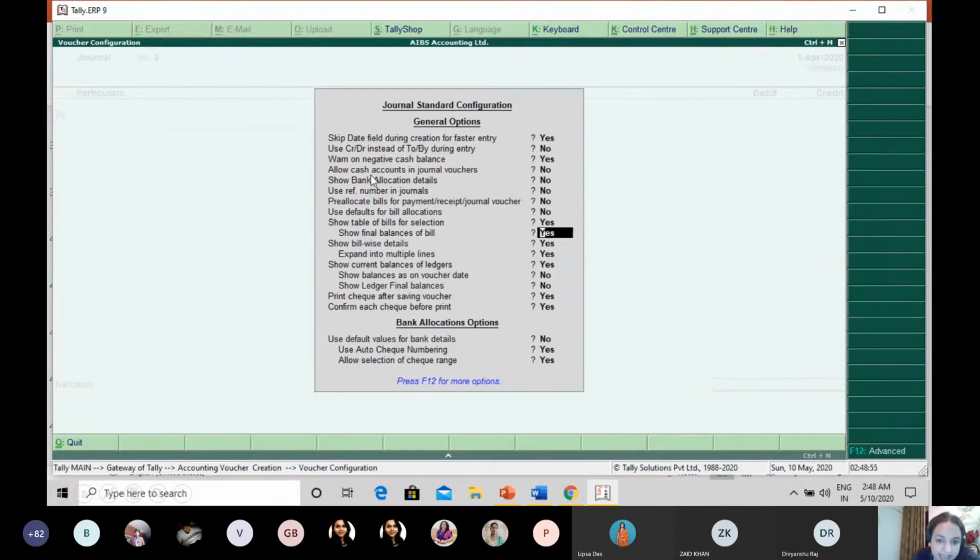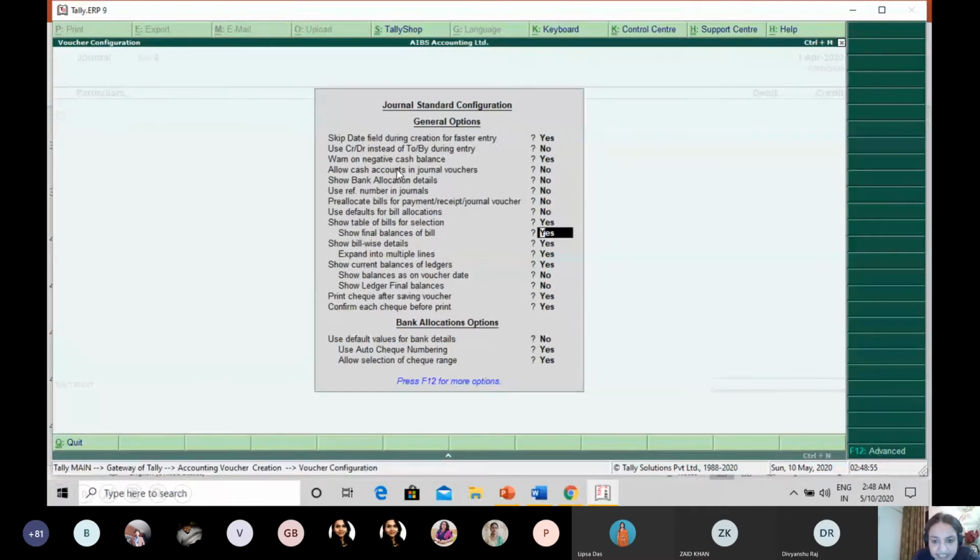Here you can see the second statement, use credit debit instead of to buy. It is no. I'll convert it to yes. Right? Then you can see the fourth statement. It is allow cash account in journal vouchers. It is no. I can change it to yes. That is, I should be able to see the cash account which is already there.